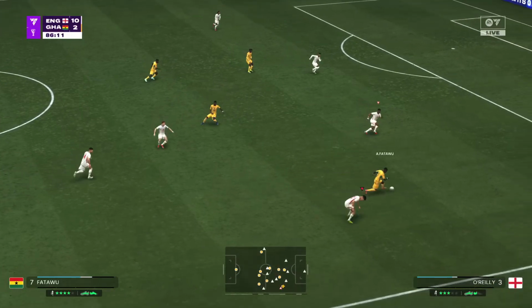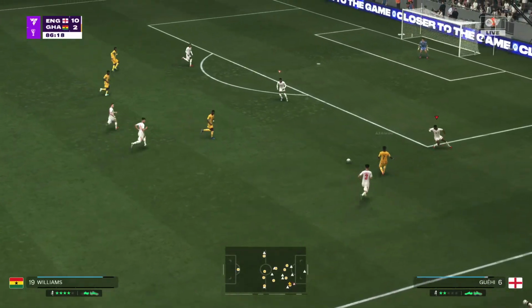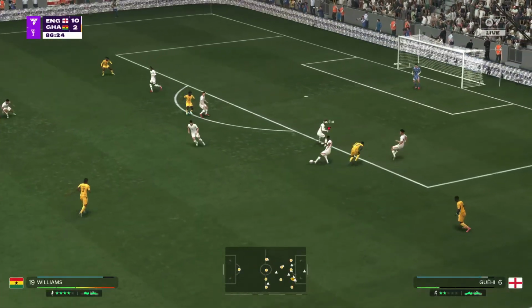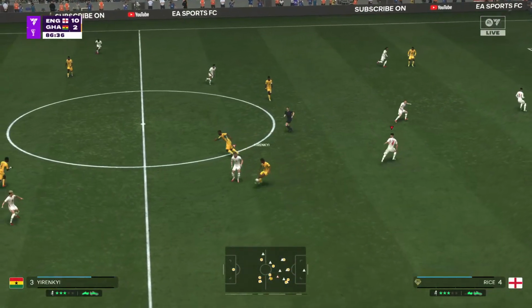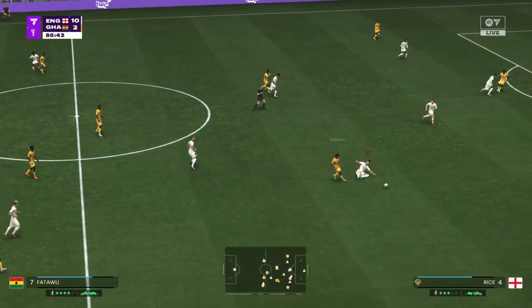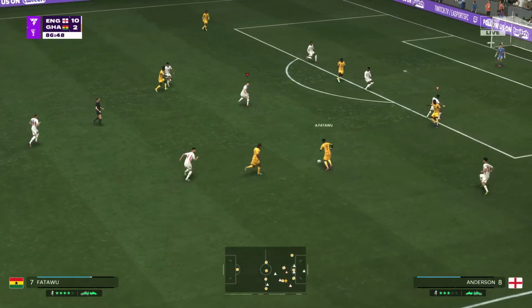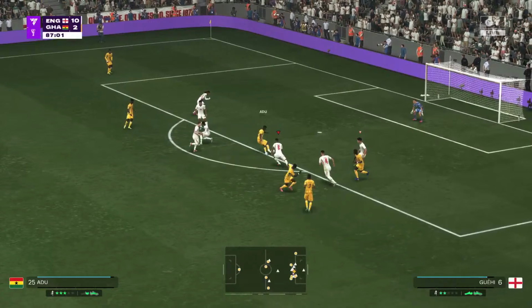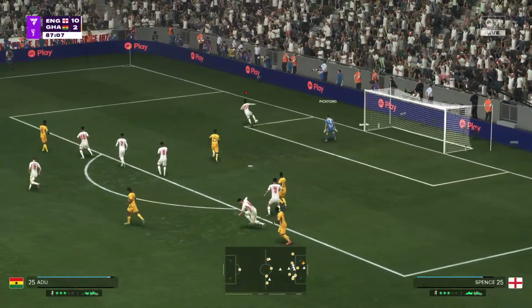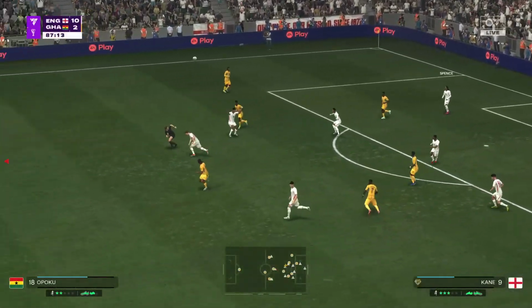Good high press. England unable to hang on to the ball. And possibilities here. Able to skip past his man. And the keeper making sure that was pushed well away from danger.